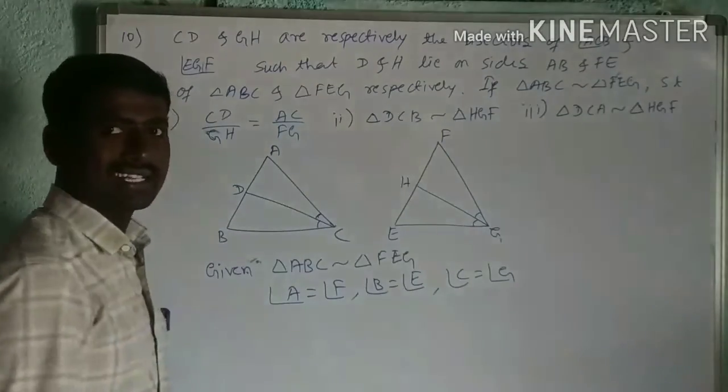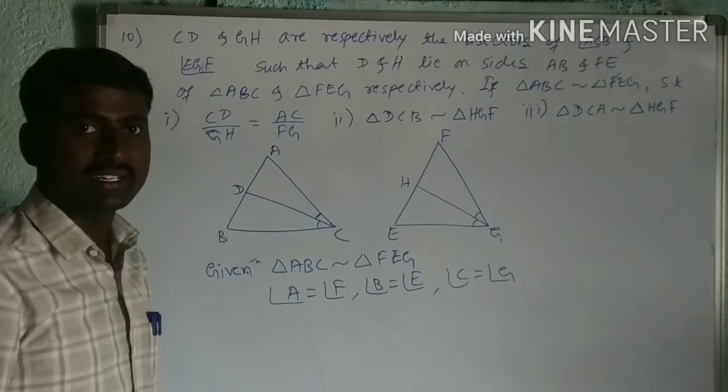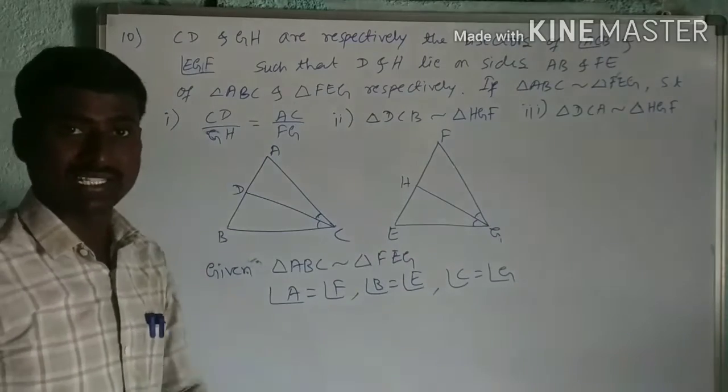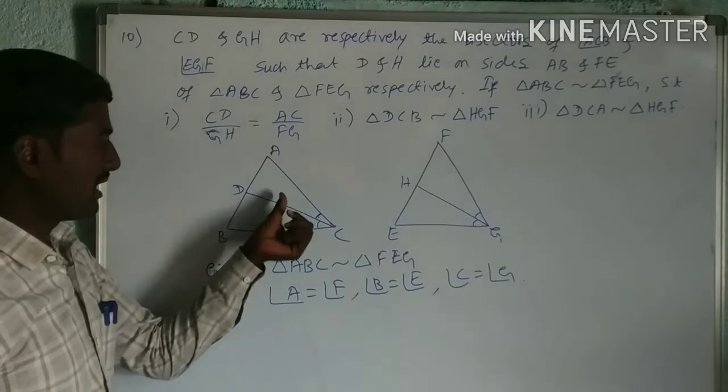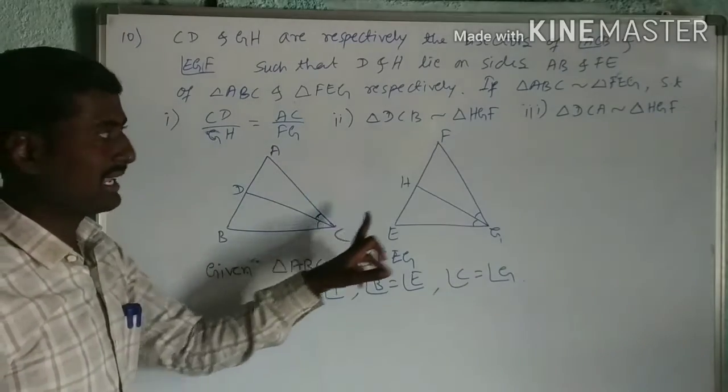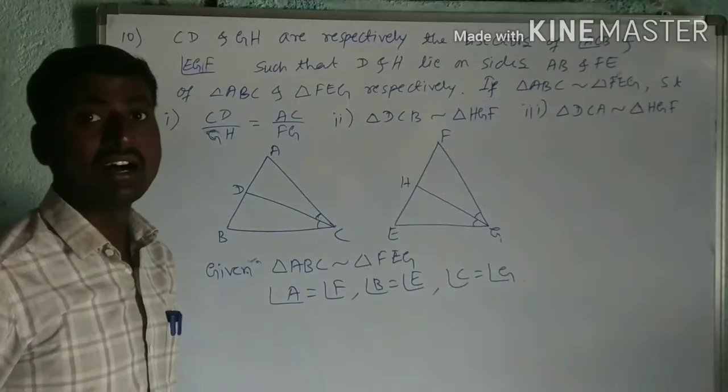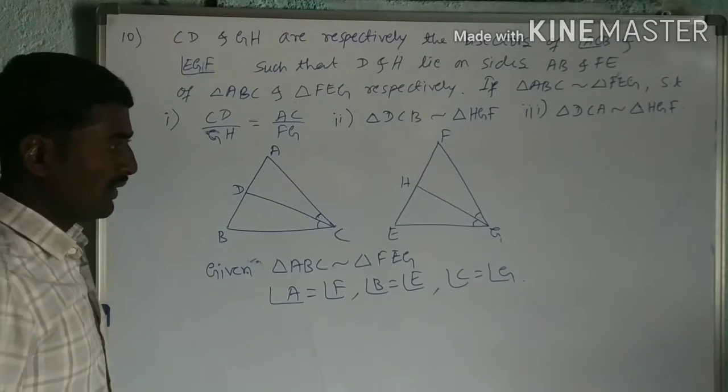If two triangles are similar, their corresponding sides are in the same ratio. Then automatically I can get this. Okay. To get this condition, I have to prove triangle ADC and triangle FGH are similar. For this,